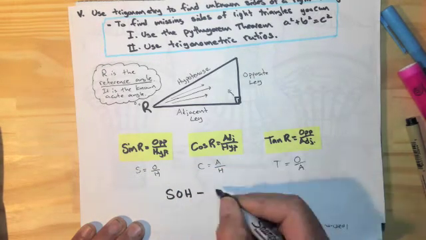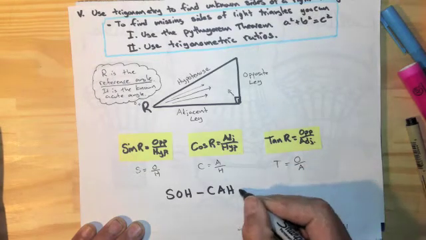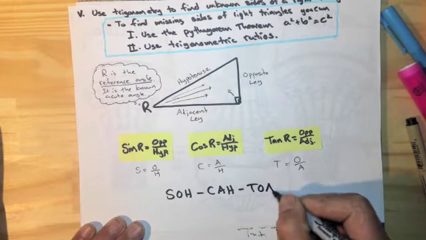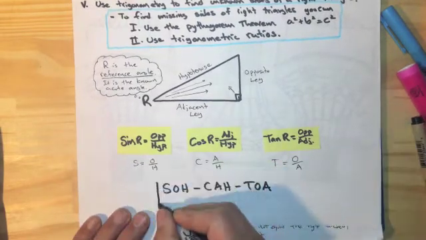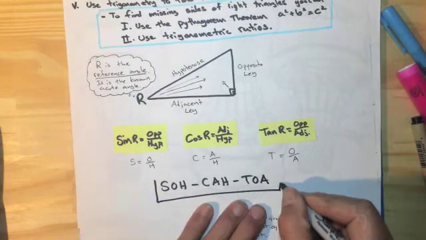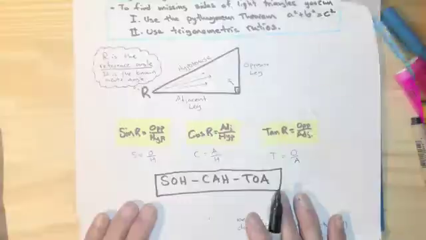This one is CAH in that order. And this one is TOA in that order. So we have SOH-CAH-TOA. Now this is going to be the way we always remember how to set these functions up. Okay, so example one, let's suppose